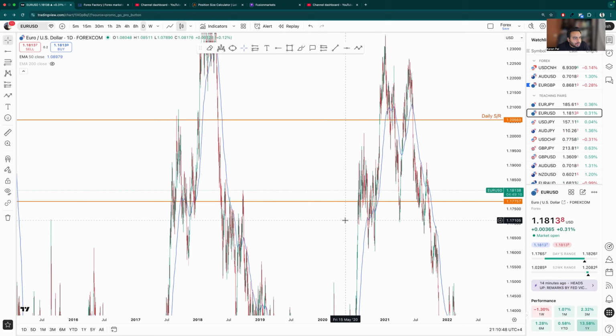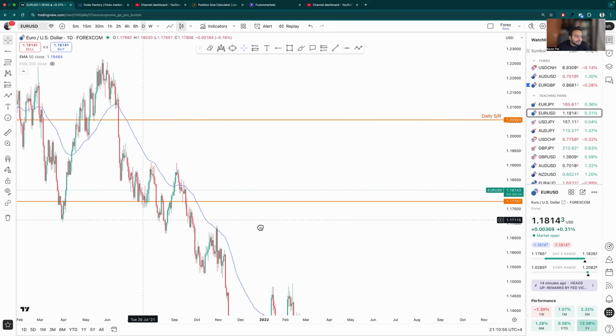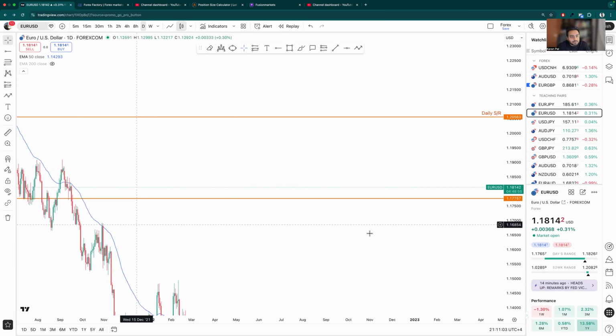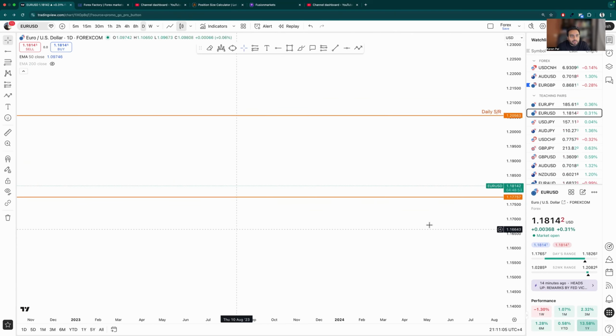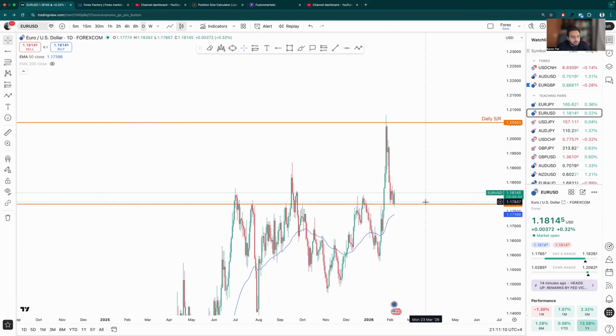Now we'll look into this a little more clearly. There's a touch. You can see the price is taking a lot of support from exactly this line. The candle closure here, a lot of wicks right here, then around this point. So definitely this is a good support and resistance point, a very good key level. So we need to mark this level.